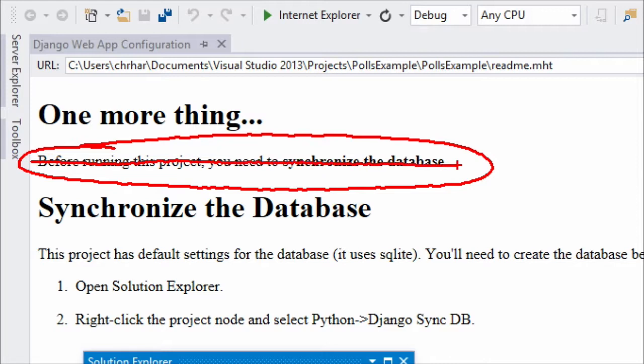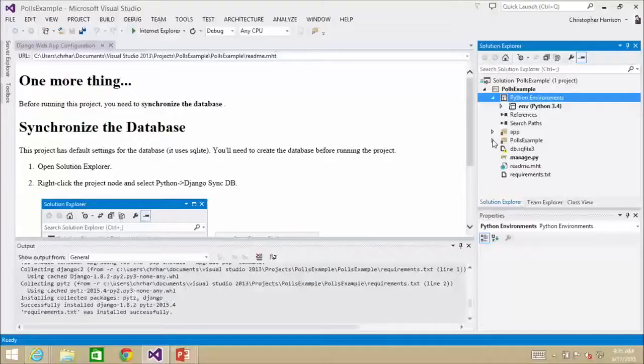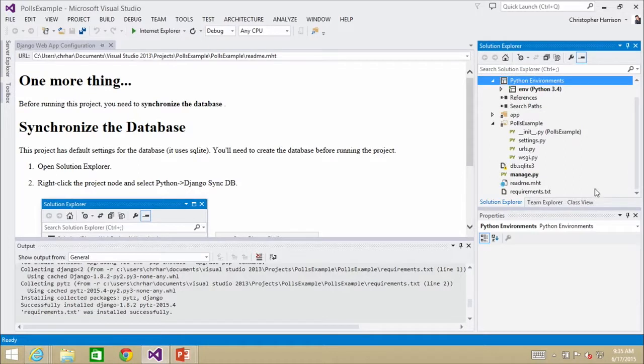Don't do that. We'll actually talk about this more in the next module, but there's an updated way to do this rather than doing the sync database. Susan will actually demo that in a couple of minutes, but we're not going to want to sync the database when we get in and do our thing. Rather, we're going to wind up doing it from the command prompt, so you won't actually right-click and sync the database.